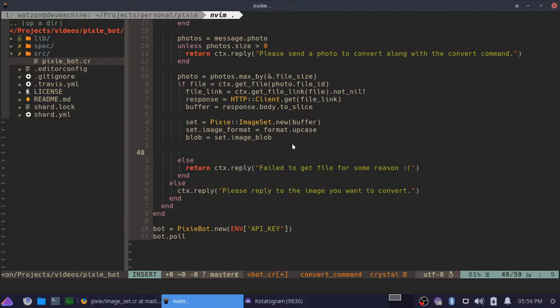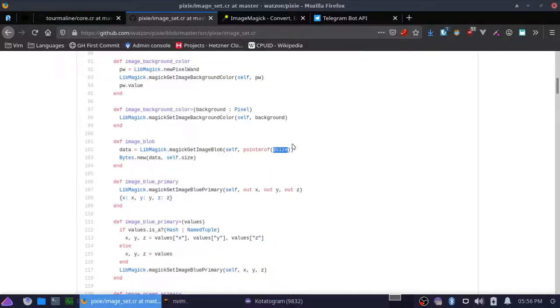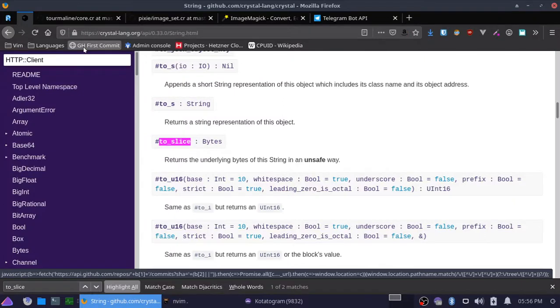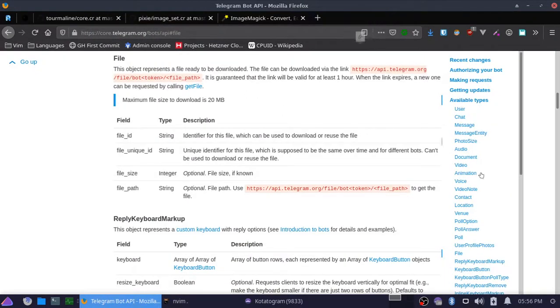Okay, so we have bytes. Raw bytes. Now, we need to send those raw bytes back to the server as a document. So how are we going to do that? Truth be told, I couldn't tell you off the top of my head. So if we go look at,